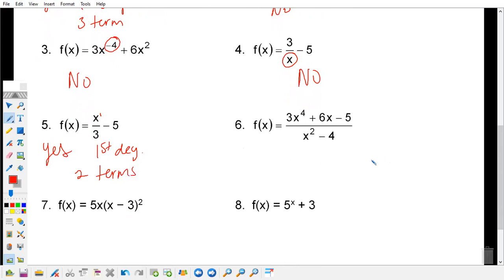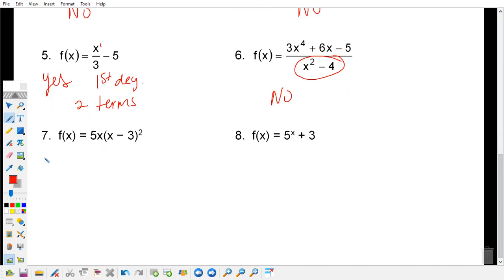Okay, 6. Oh, because of that. Big fat no. All right, 7. Yes. Okay, 7. So in order to figure out its degree, we're going to go through and we're going to expand